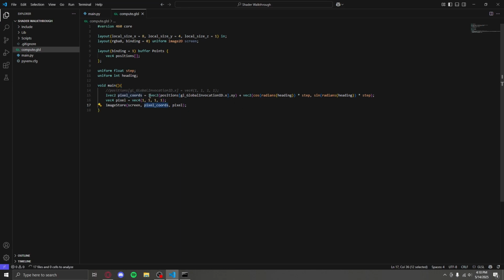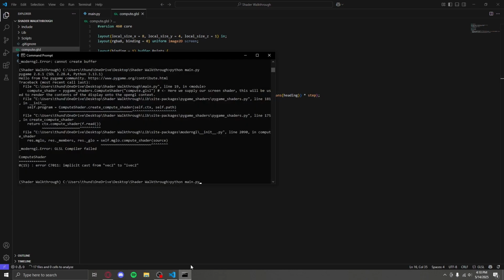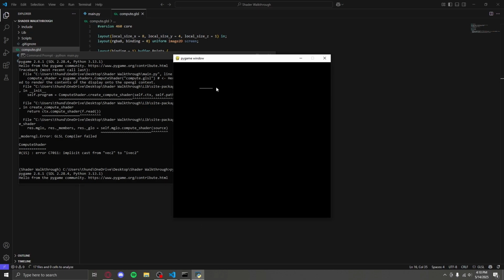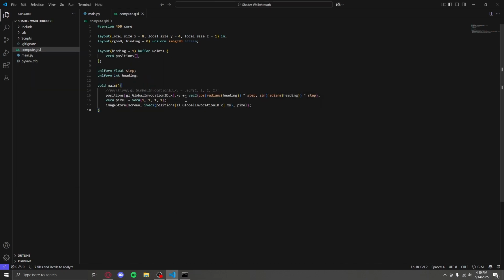So if we take this and we cast I-vec2 and we put it down in here, we won't need this pixel coordinates variable anymore. And then we could do just straight out of this positions and then plus equals that. So now it'll actually accrue. Yeah, see. So now it's actually accruing inside the pixel coordinates. Sorry, it's accruing inside our positions vector, which is bound to our buffer, and we're adding our heading times our